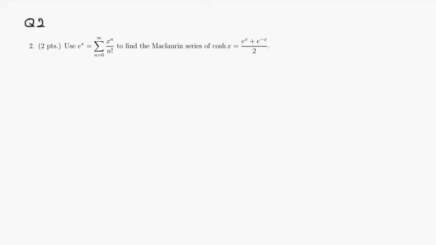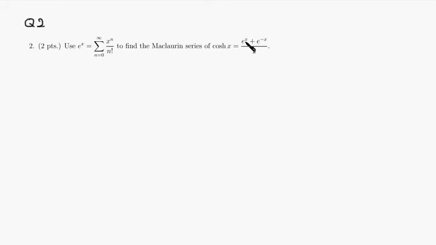Okay, let's look at quiz 2, problem number 2. We're going to use the Maclaurin series for the exponential function e to the x to find the Maclaurin series for hyperbolic cosine of x. If you look at the definition of hyperbolic cosine of x, it is actually defined in terms